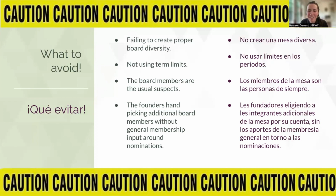So the last thing I'll say is if you look at your board now and you're like, oh no, you have like 30 red flags, these people have been in power for far too long, it is helpful to not just think who among us would be interested in filling those seats and who would be willing to step down, and what changes do we need to put into our bylaws maybe to facilitate those processes, but also what training could we do internally to make sure that if these feel incompatible, like if having diverse identities and viewpoints on the board feels incompatible because you really need somebody who can read the profit and loss statement,